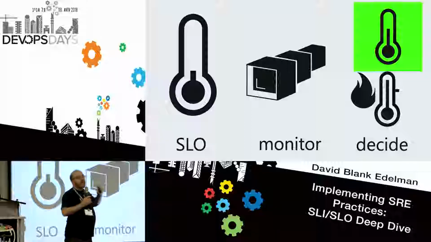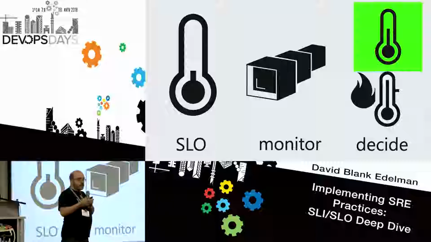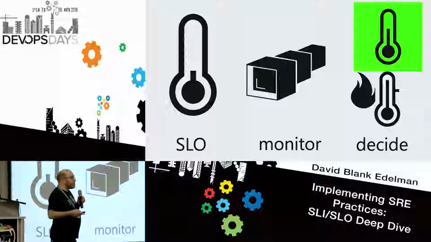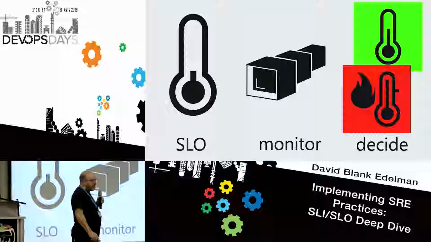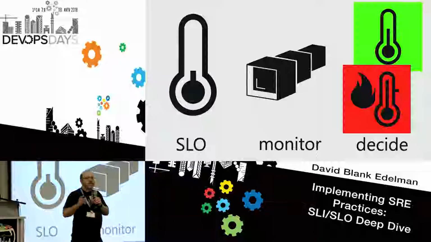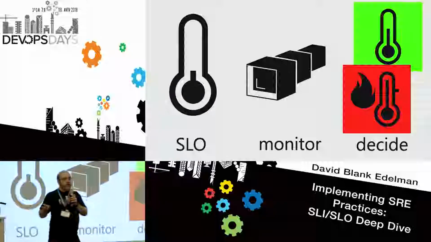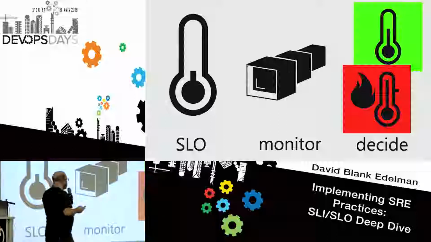Well, now I can make the decision, okay, maybe I'll launch a new version. Maybe it's okay to perturb it. Maybe it's okay to add a little bit of change to the system. Or maybe I look at the system and I say, hey, wait a second. Our thing has only been working 60% of the time. What's going on here? And I might choose at that moment to make a different decision about what to do when it comes to that new release. I might say, hey, we're not going to release anything new until we figure out what's going on with this. So that's the basic choice.